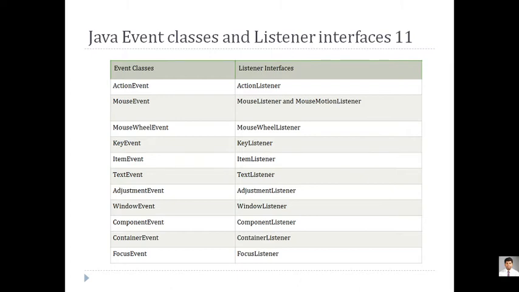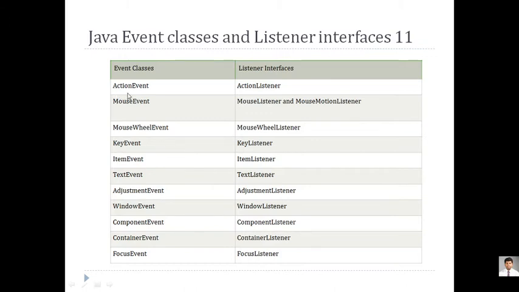Now these are the 11 basic events which are being generated. These are the basic 11 event classes. You have to keep in mind the name of a class and its corresponding listeners. So this you have to mug up. This same thing will be used in Swing also. There is no change in Swing. These are the classes which are present in the java.awt.event package. In this event package, you should know all the classes and its corresponding interfaces which are required for this. And there are corresponding functions also. We'll go into detail about the functions also.